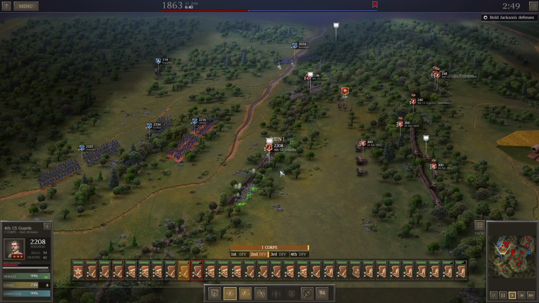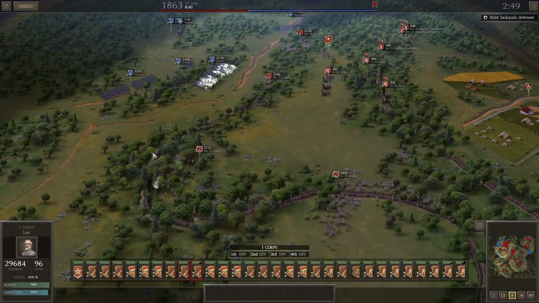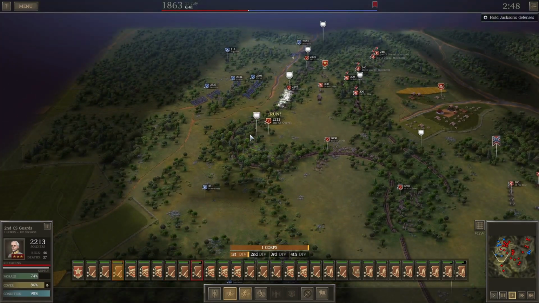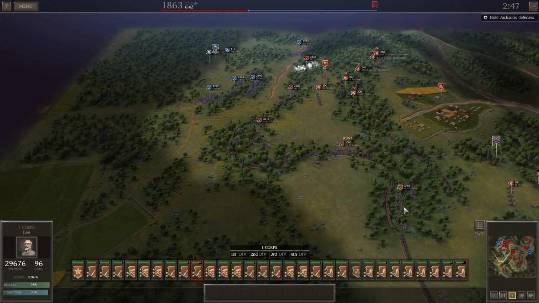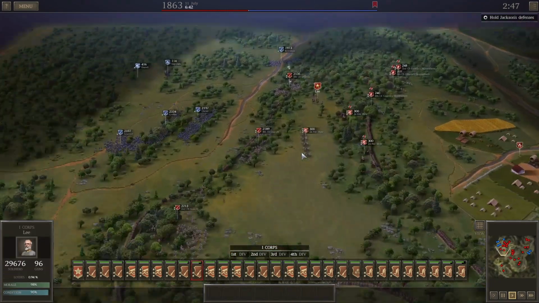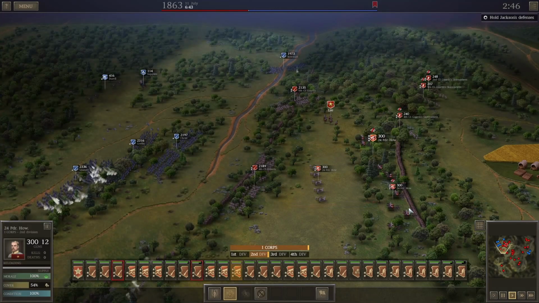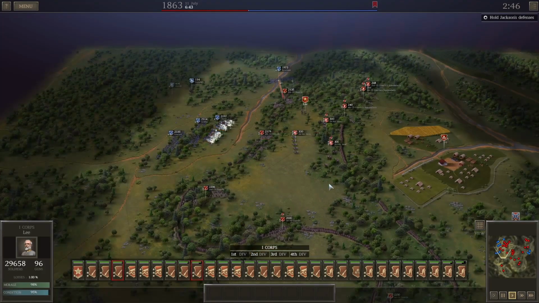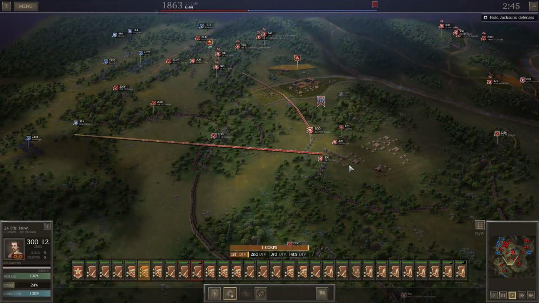Look at how ineffective those volleys are. God. Okay, so the breastworks suck. Completely and utterly. Good to know. Maybe we'll actually hold this tree line then, with the artillery that isn't up there already. Speaking of, let's get this...